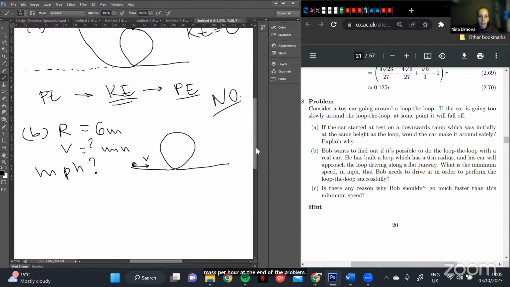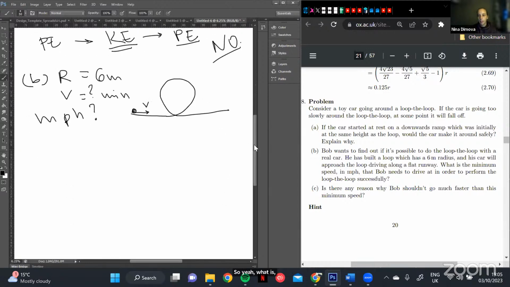So yeah, what is this velocity which is needed so that the car can go around? So what is the condition for the car to go around? What does that mean in physical terms? That means that when it reaches the top, it has to not fall down. So when the car is here, it has to be able to stay there and continue. The limiting case, so what we want is for it to stay, but